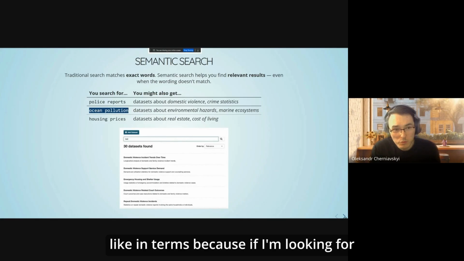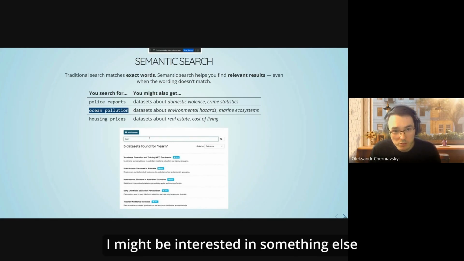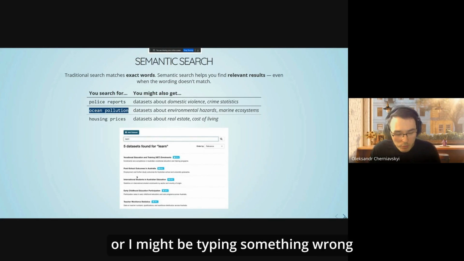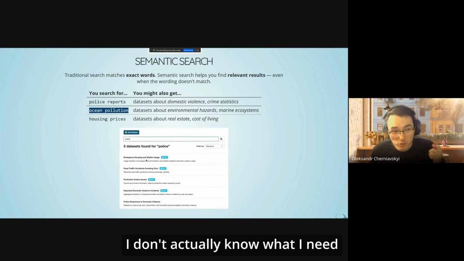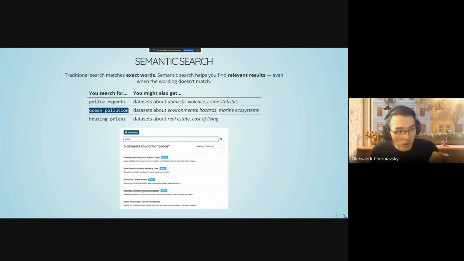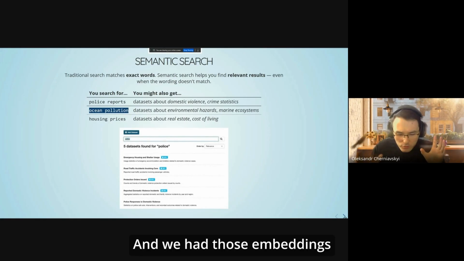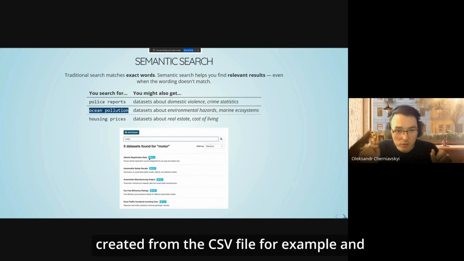Because if I'm looking for ocean pollution, I might be interested in something else, or I might be typing something wrong, or I might be looking for a wrong term because I don't actually know what I need, because sometimes it is the case. And we had those embeddings created from the CSV file, for example.